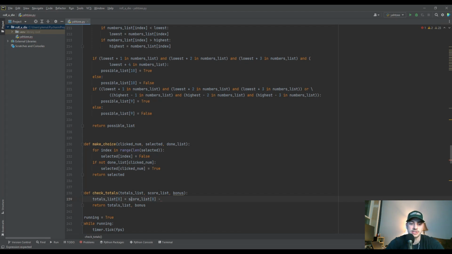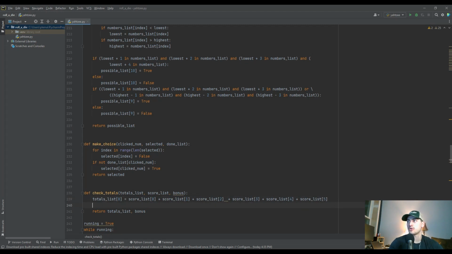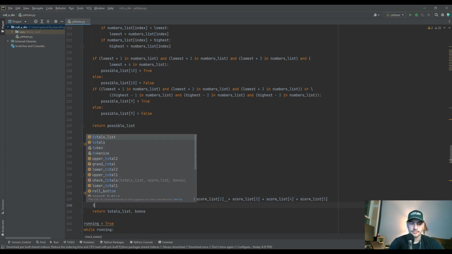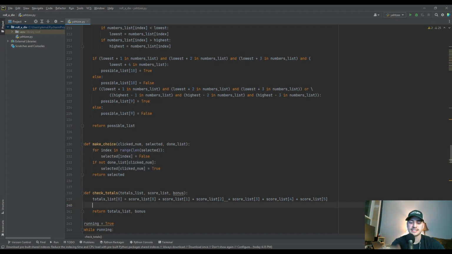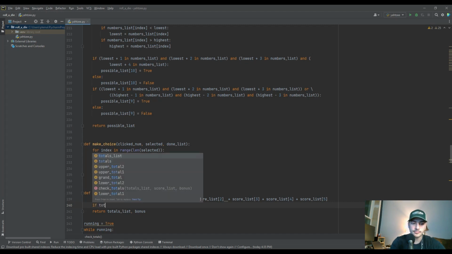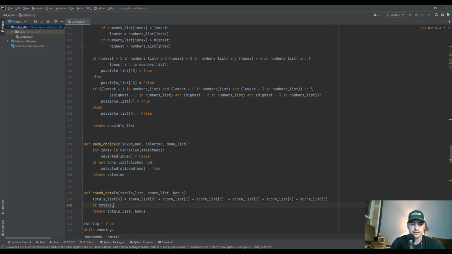So basically we just have to add up scores list 0 plus scores list 1 plus scores list 2 plus 3, you get it, plus 4 plus 5. And this list is just telling us what all of the numerical entries added together are. So we're just basically checking to see how many dot scores did you get. So all your 1s add together, all your 2s add together, all your 3s add together. And it's good that we check that first, because then the second item in this list is